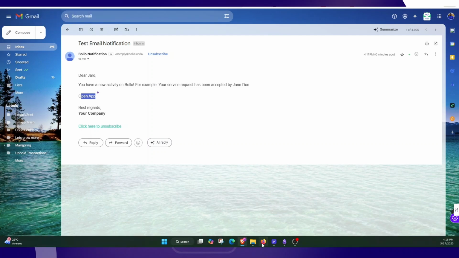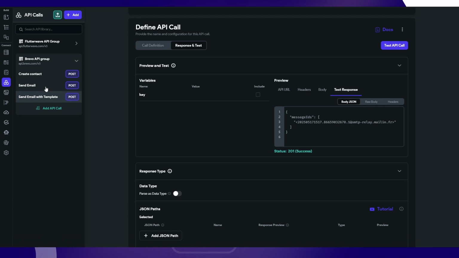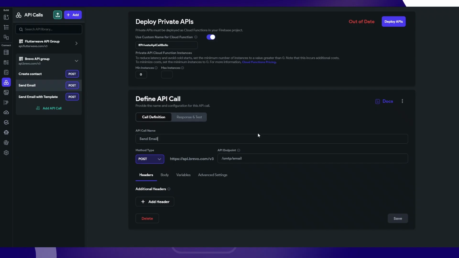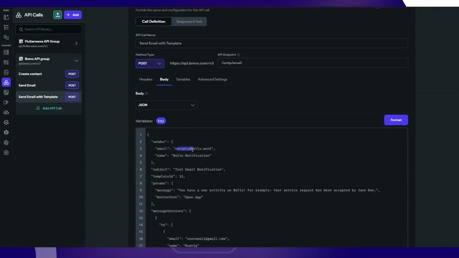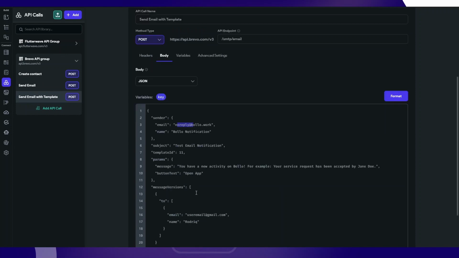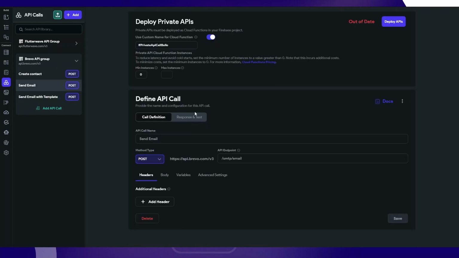To do that, I already have the API call here, so that'll be easy, but the same concept remains the same. So let me save this. We have a simple thing, the send email, but for this case I have variables. Remember, here you may want to pass all of these parameters that we have in the body here as variables, like the email. I'm going to show you the example for this second one, that's why I do not demonstrate it here. So we have all these parameters, you may need to pass them as variables so that you configure them dynamically. So for this second one, to send an HTML email, I have this configuration that I've done, and